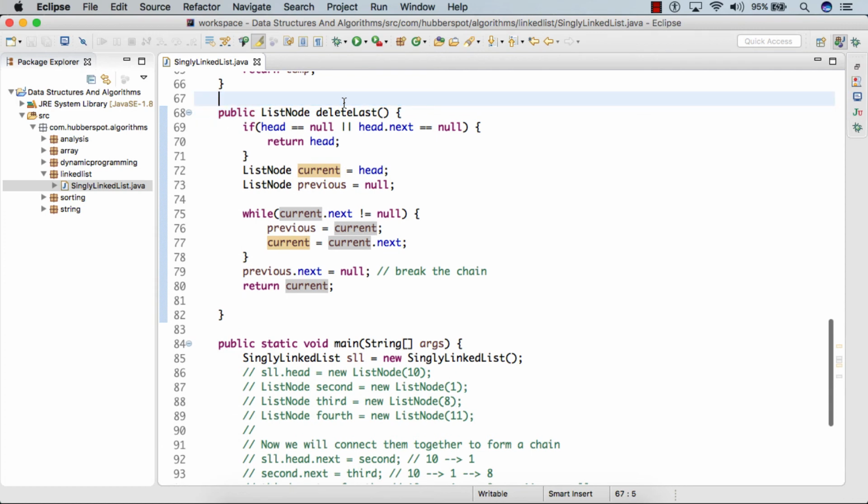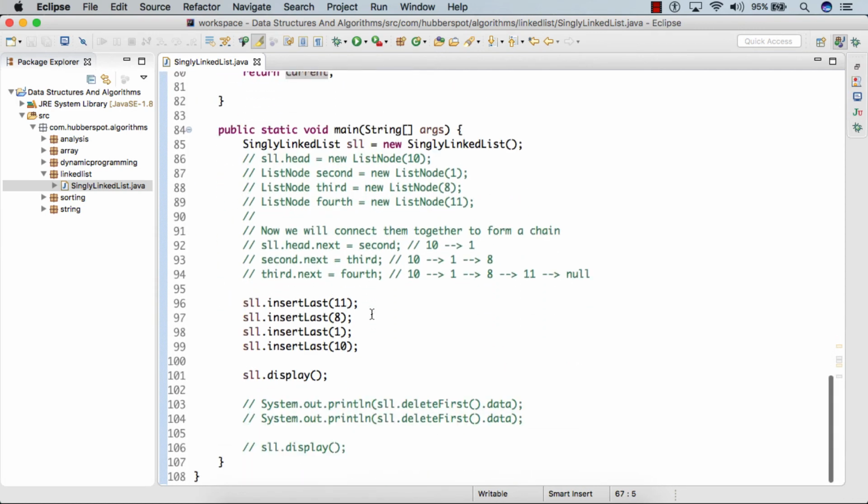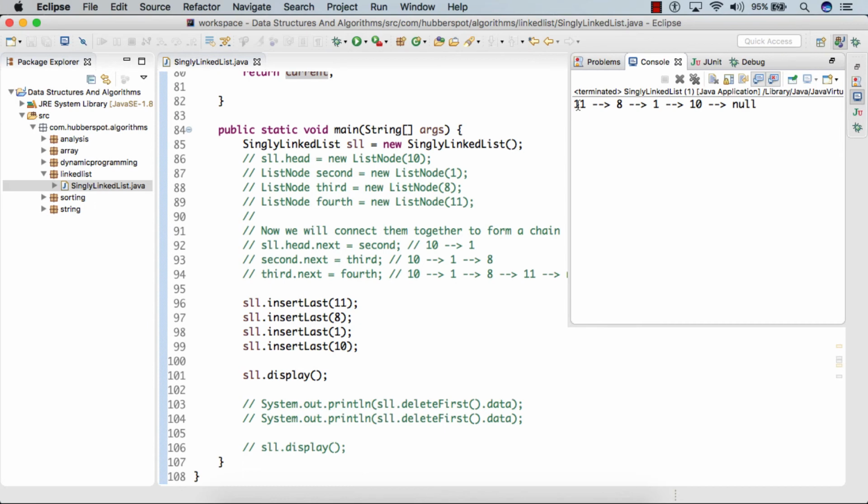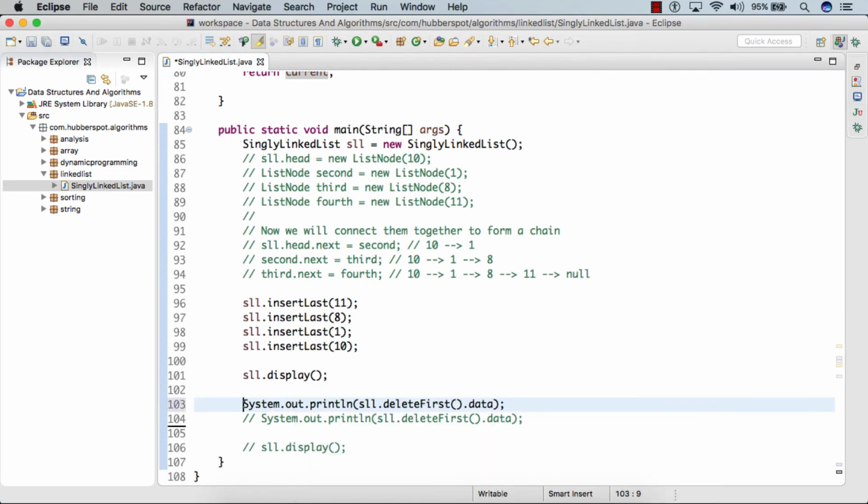So now let's test its working. So here we have this list of 4 nodes: 11, 8, 1, 10. So let's remove the last node of the singly linked list, which is 10. So I'll just uncomment this part, and instead of delete first, I'll do delete last, because we are removing the last element, and then I'll simply print the singly linked list again.